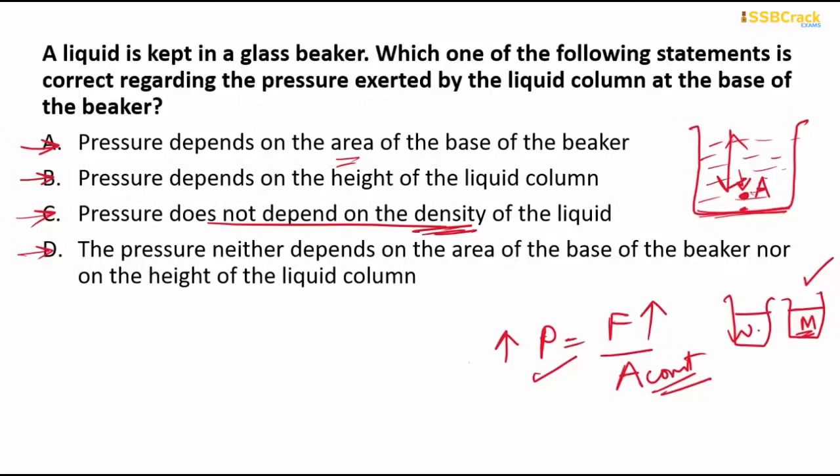So option A is not correct, option C is also not correct, but option B is correct because pressure does depend on the height of the liquid column. For example, take divers. If they go deep into the ocean, the deeper they dive, the more pressure is exerted. Only one particular vessel has reached the deepest point in the whole globe, the Mariana Trench. You can see that the deeper you go, the more pressure is exerted, and that is the main phenomenon used in building submarines.